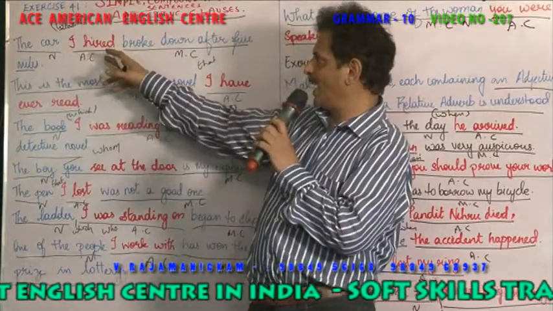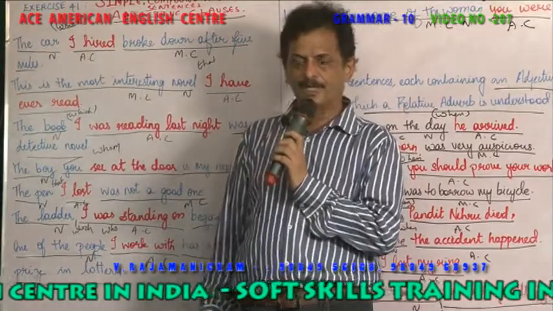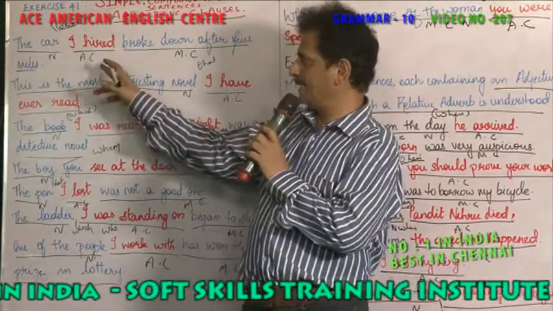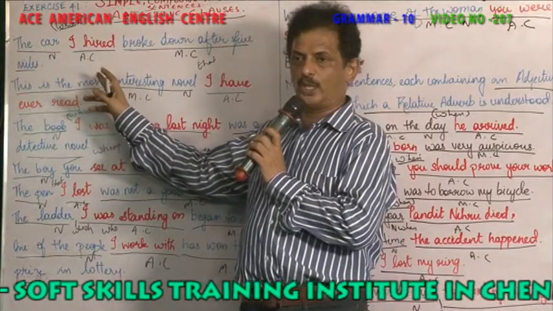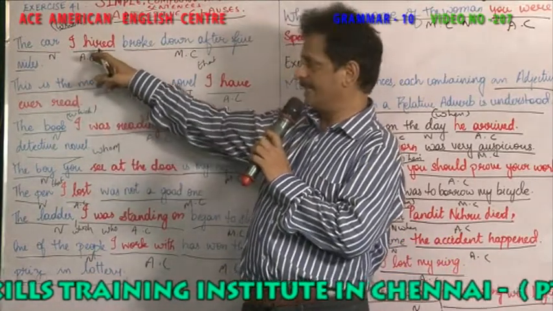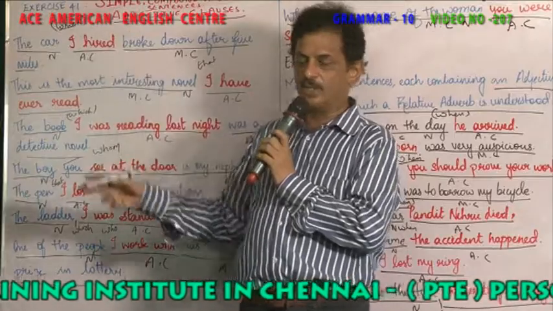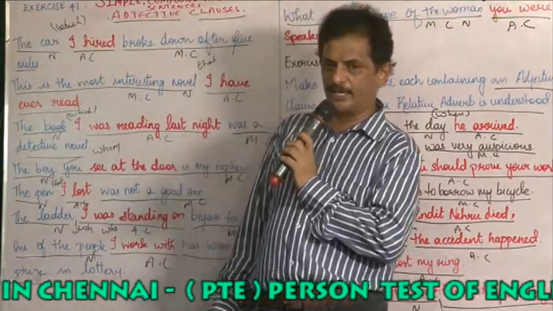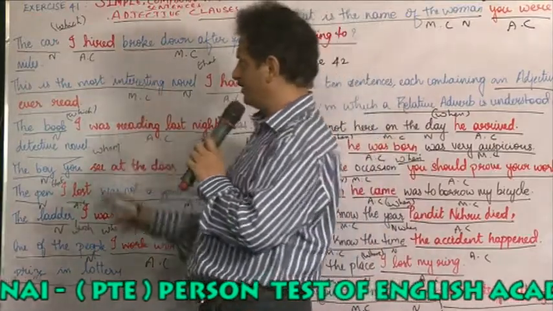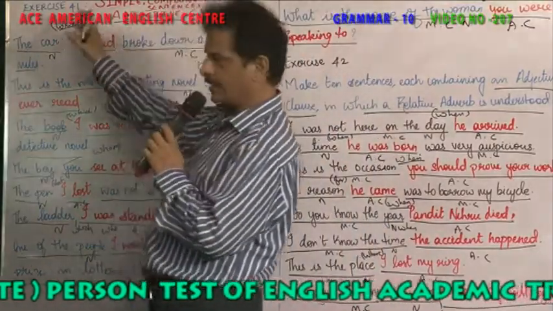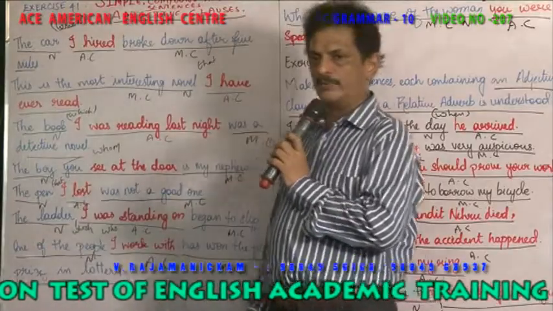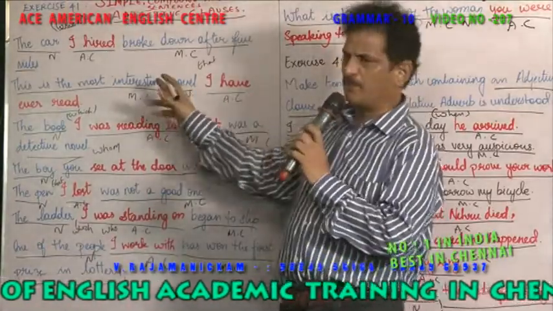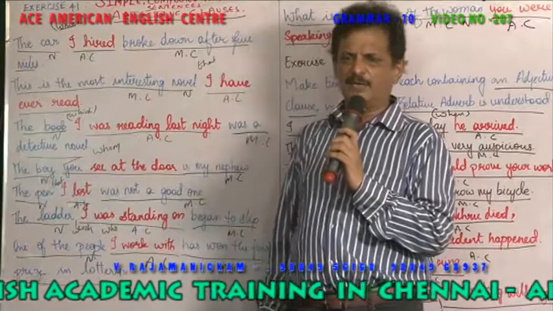ஆக நான் வாடகைக்கு அமர்த்திய கார் என்பது அட்ஜெக்டிவ் கிளாஸ், பெயருரிச்சொல் துணை வாக்கியம். ஏன்னா இங்கே I இருக்குது, சப்ஜெக்ட் இருக்கு, hired இருக்கு, வினைச்சொல். எந்த கார் என்று கேட்கிற பொழுது அந்த காரை பற்றி விவரிக்கக்கூடியது பெயருரிச்சொல் துணை வாக்கியமாக வருகிறது. இது முழுமையடைந்த அர்த்தத்தை கொடுக்கிறது. இந்த முழுமையான வாக்கியத்துடன் சேர்க்கிற பொழுது, This is the most interesting novel, இந்த நாவல் தான் ரொம்ப பிரமாதமான